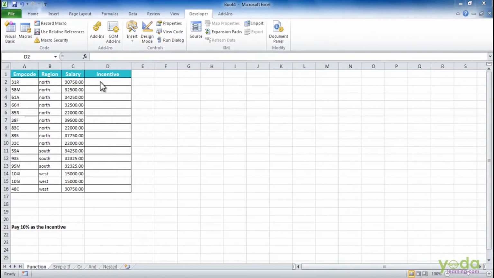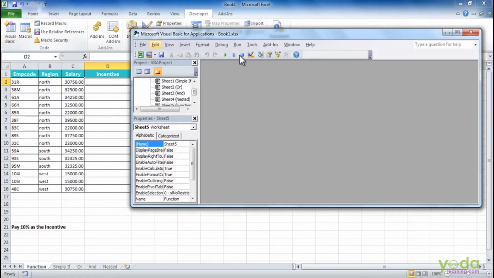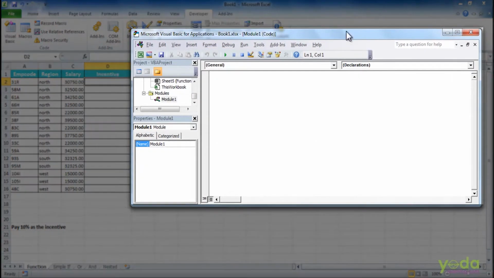All I need to do is go to the Developer tab here, then go to Visual Basic. I'll insert a module. So here is my module. Let us create a function here. I'll say Function, space, the name of the function.